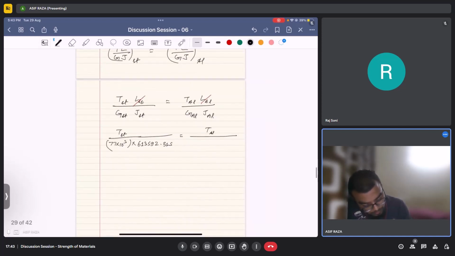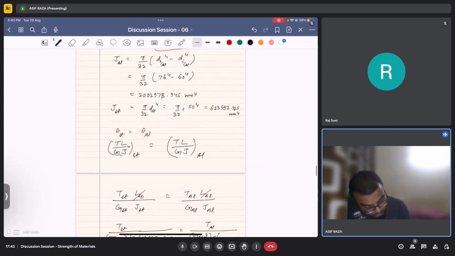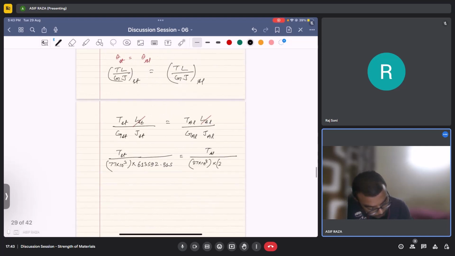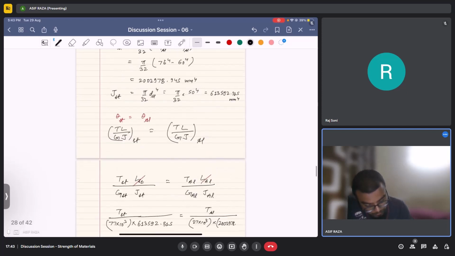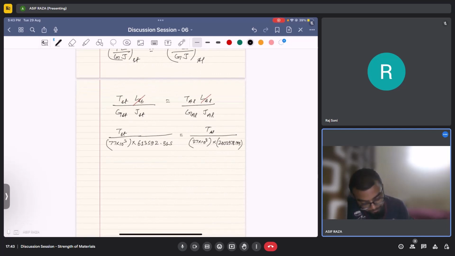Yeah, 27 into 10 to the power 3 times this would be 200297.945, but it is still